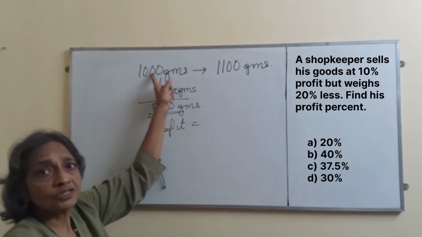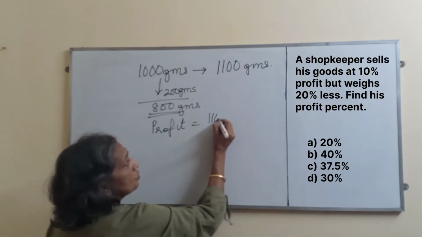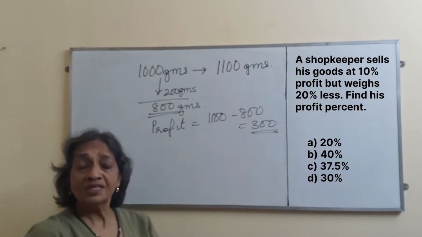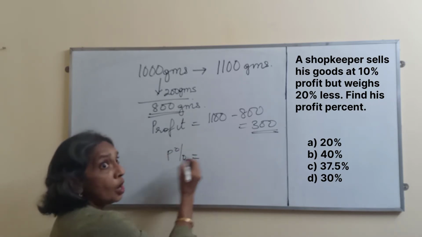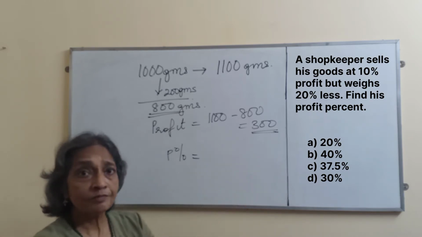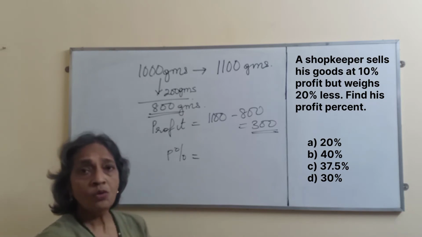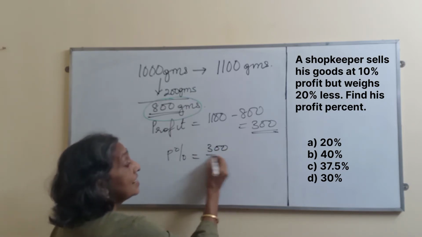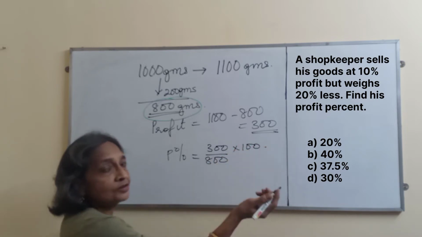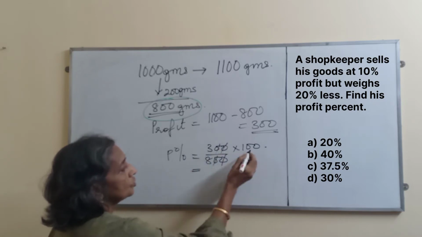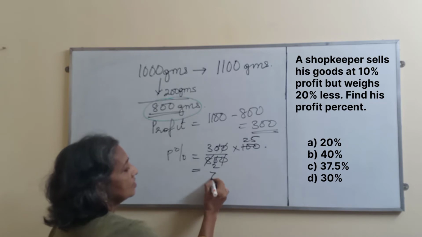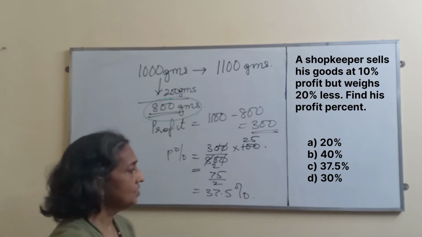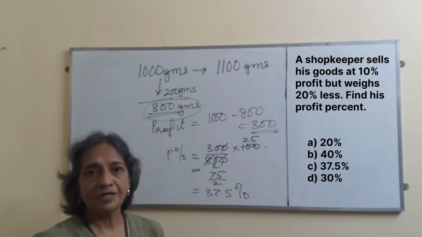Profit is not going to be on 1000, but it is going to be on 1100. So his profit will be 300. Now this 300 will be a profit percent on what? As I told you in the last sum, it is what you receive, or what he gives you. And mind you, what he is giving you now is only 800 grams. So his profit percent will be calculated on 800 grams or 800 rupees as we have seen. So this will be basically 75 upon 2, which is 37.5%. You can see in your four options, the profit of 37.5 is in the